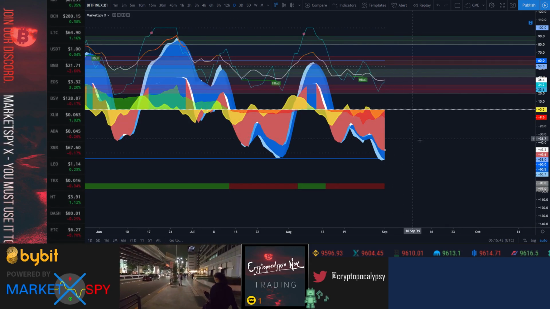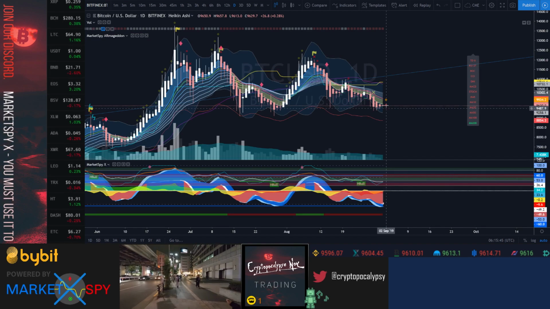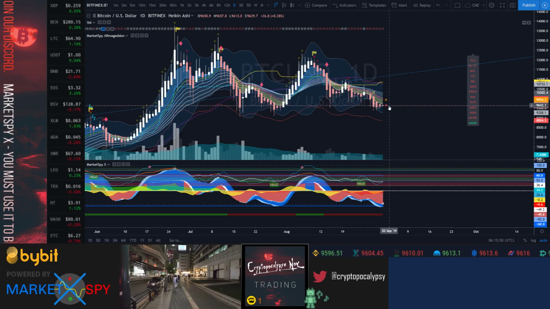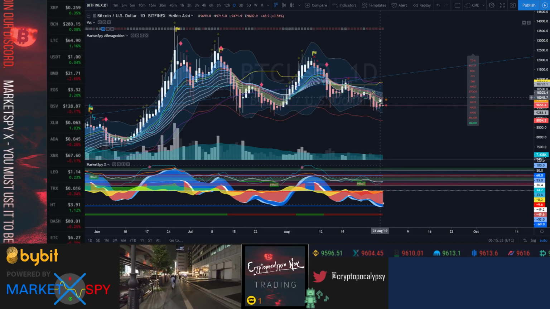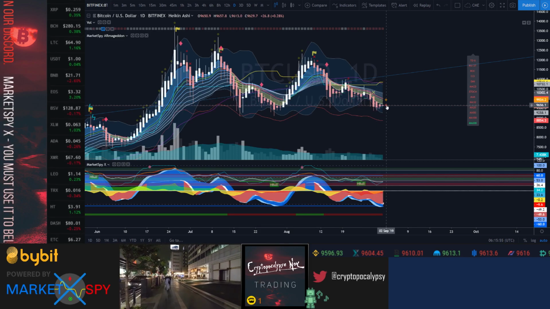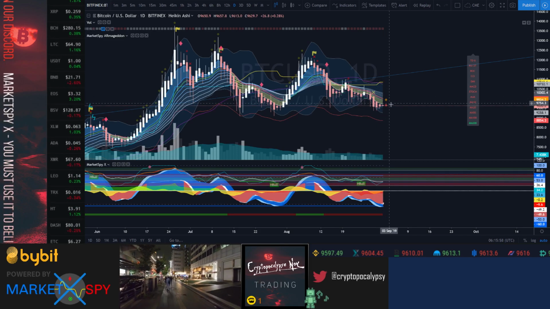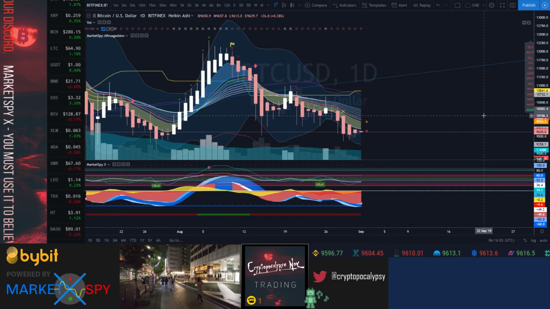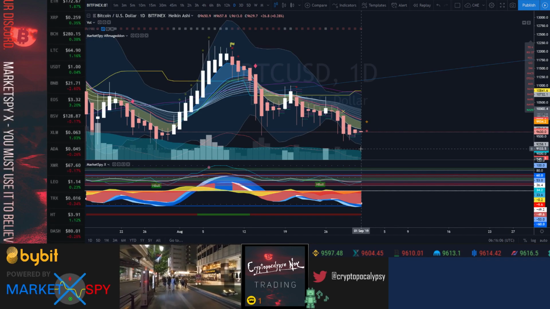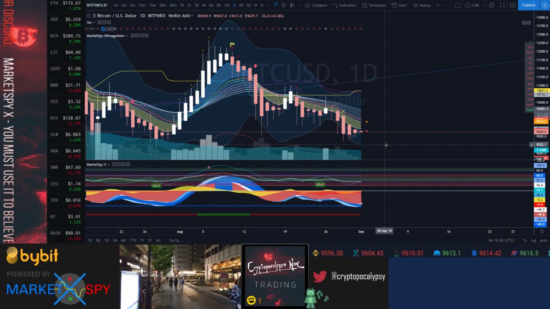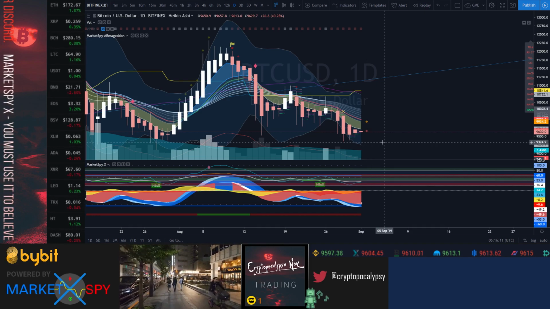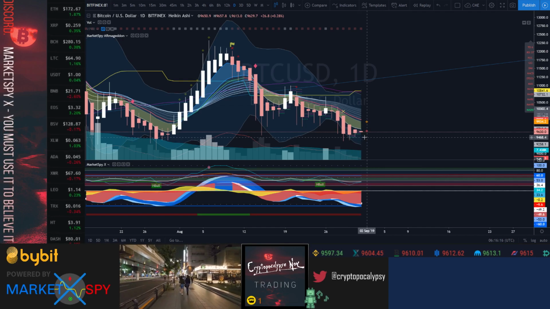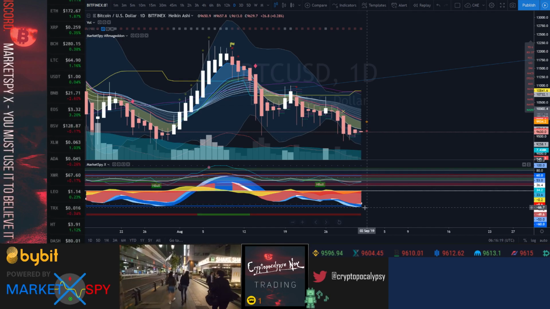VWAP is about to cross the yellow line. One candle rule. It closes above here. We will see if it's above this EMA, the magnetic line over here, the 2 EMAs. Once I see a candle like that, I expect 10K by sometime tomorrow, or maybe even tonight. If you're in the States, morning time. I expect a nice little move up, because we